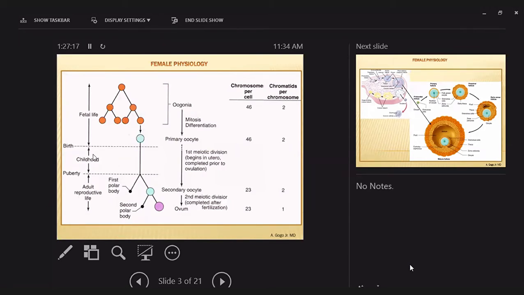Then, during childhood, the first meiotic division, this will remain as primary oocyte until puberty, when the child becomes an adult and it will become reproductive, adult reproductive life. At puberty,